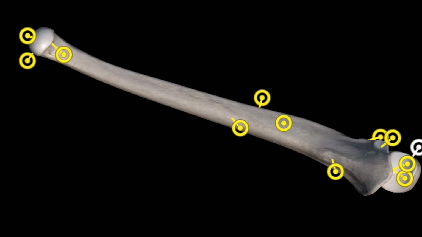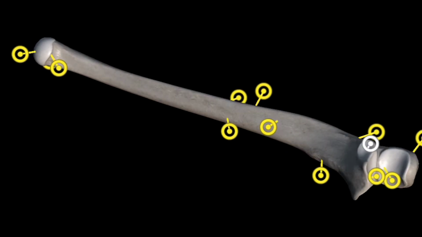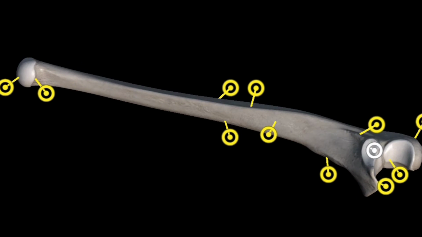olecranon process of the ulna that sits in the olecranon fossa of the humerus in the elbow joint. This is the coronoid process of the ulna that articulates with the coronoid fossa of the humerus, and here is the radial notch of the ulna. In it, the radial head articulates in the